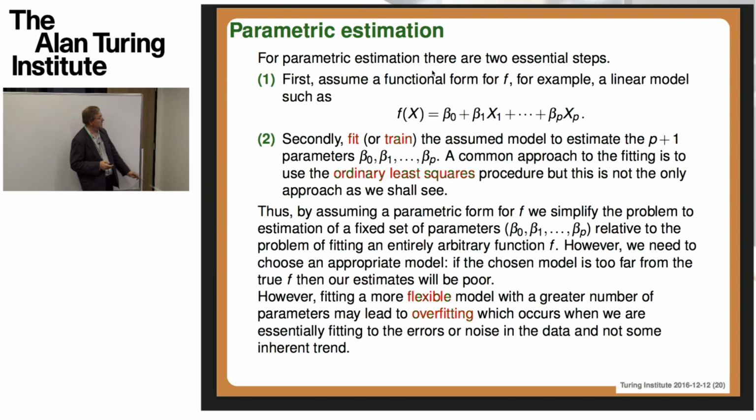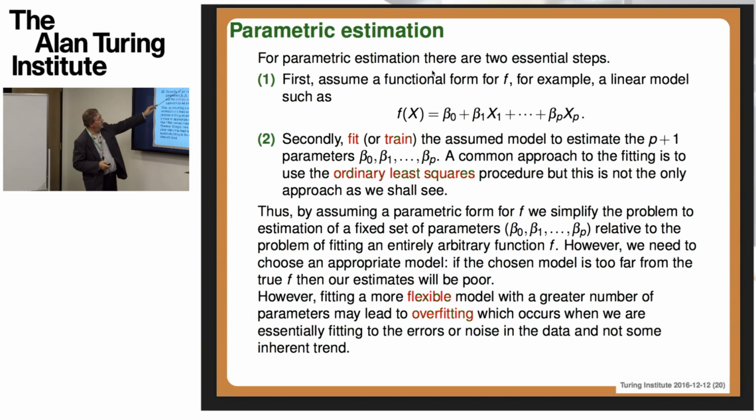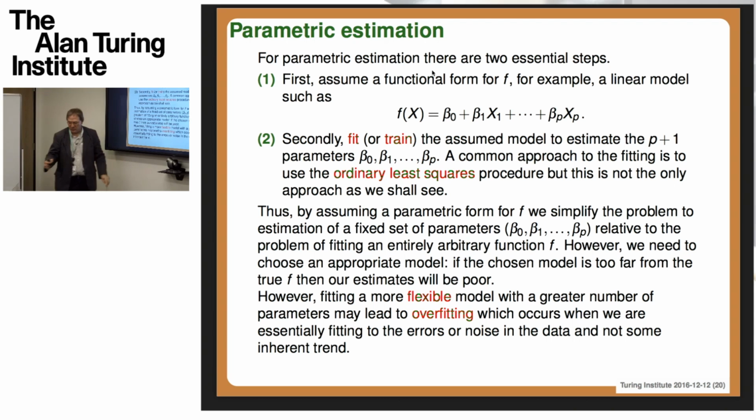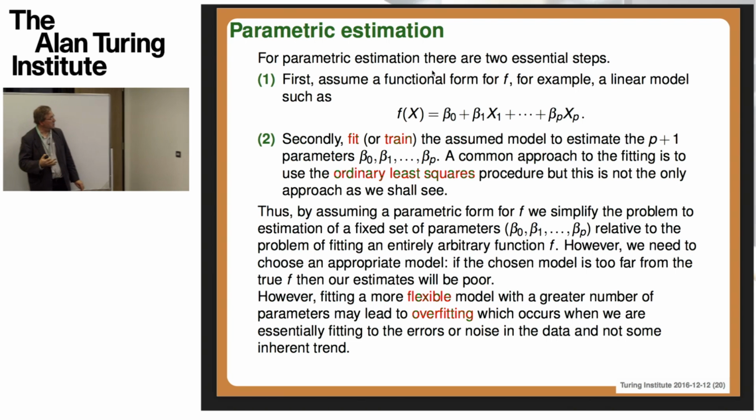Okay, so the classic way you might set this up would be a linear model for the function f, governed by various parameters beta naught up to beta p. The first one here would be an intercept parameter, and then beta 1 up to beta p would gauge the strength by which the predictor variables influence the response variable.